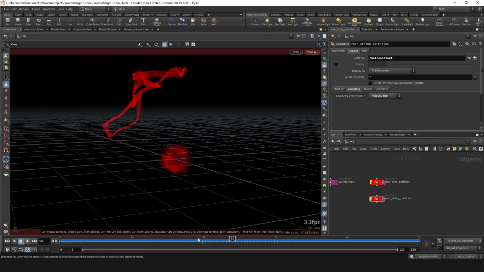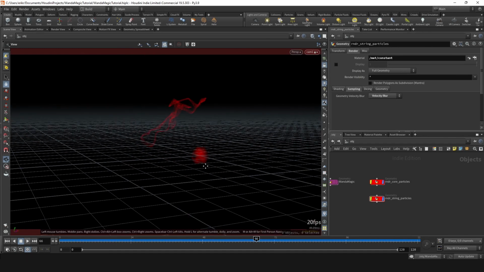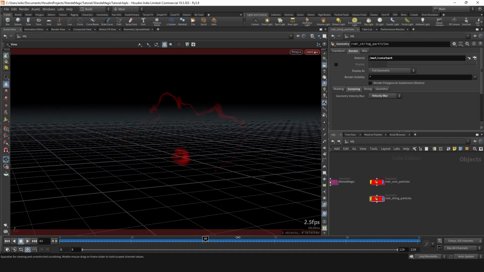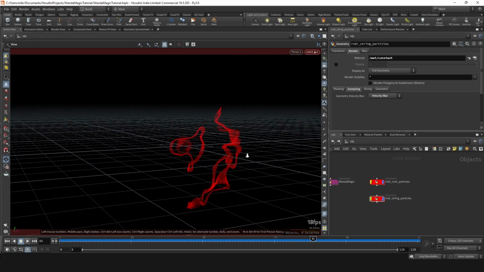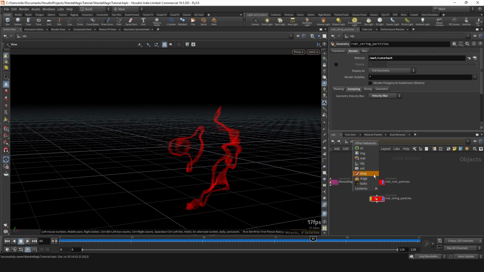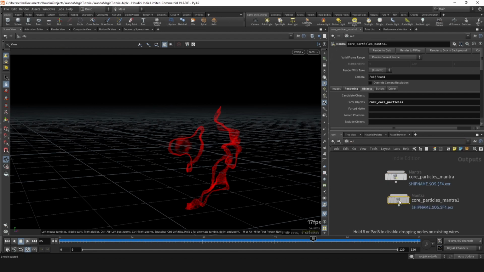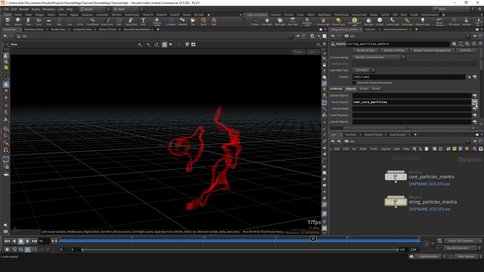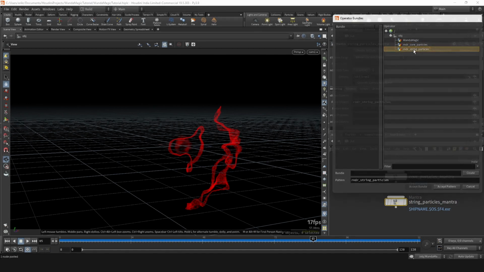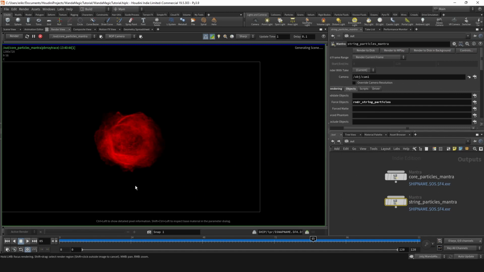I'm going to go out a little bit here because these are quite a lot bigger, so I'm going to go in the camera, click here so that we lock the view, and go out to something like this. Let's find a nice one and try and render these. So let's go to the out, copy this mantra, call it string particles mantra, and let's go here and select our string particles. And now if we render this,